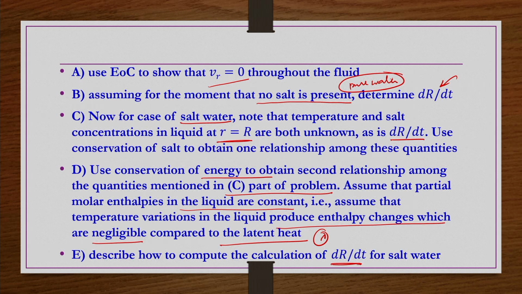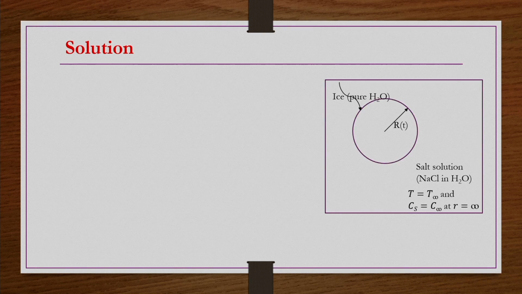So, we take one by one as we have done in the previous 2 lectures and then try to obtain these things. The problem looks lengthier, but when we go step by step, it looks very simple and straightforward because we have already done a couple of problems like this. So, schematically, if you take the system, we have a spherical crystal whose radius is capital R initially, and then it is a function of time, it gradually increases.